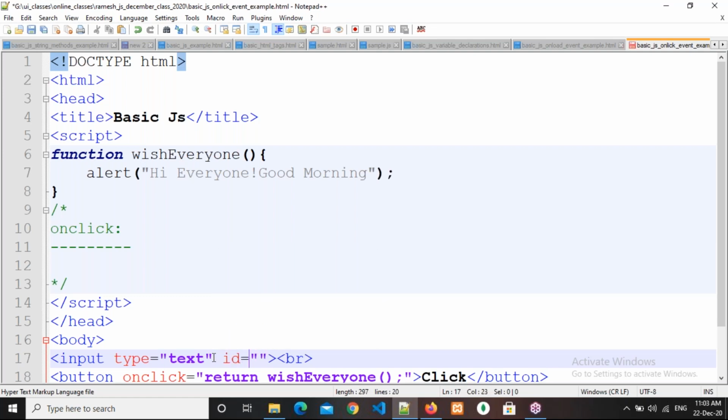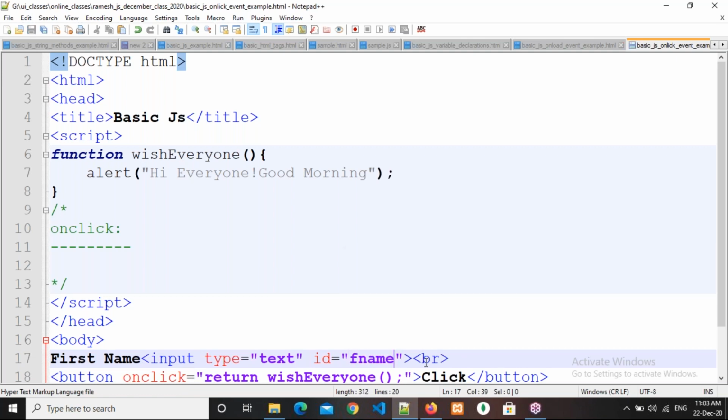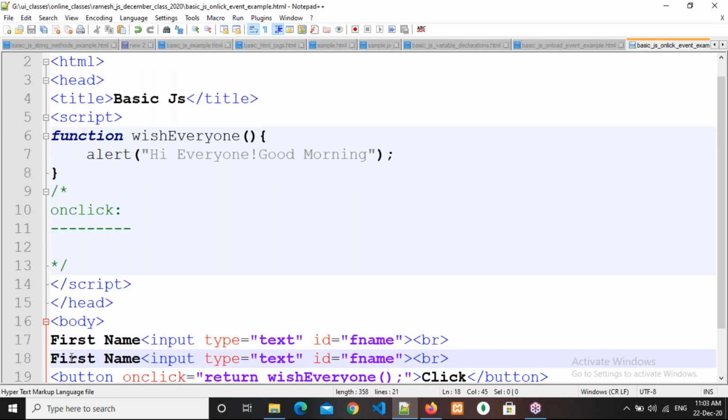Suppose I am writing here name, and here I am writing first name, F name. So why do we need to write ID? See here, this is last name.